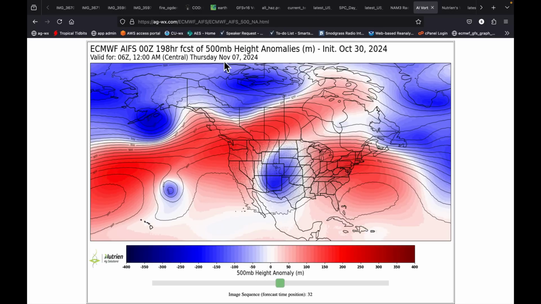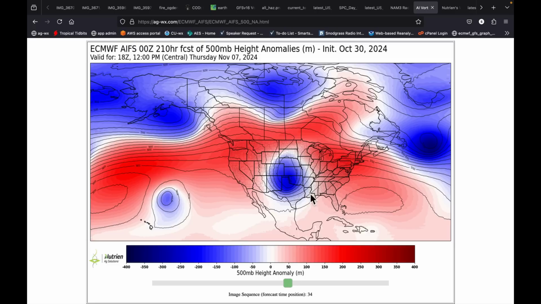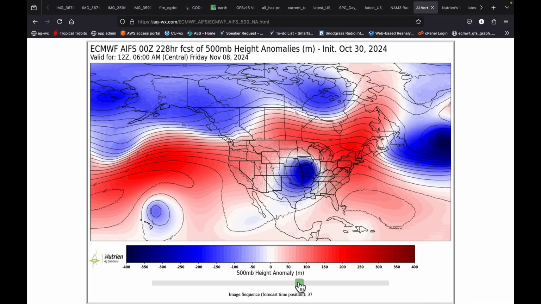Now we're all the way out to next Thursday, and the AIFS is one of the only models that takes that and leaves it lingering as a cutoff low. I'll be watching this, and you can watch it too on agweather.com, all the model runs today to see if the AI continues to do this. Because if it leaves this around here through next week, this is going to be a potent system through the midsection of the country to be watching.